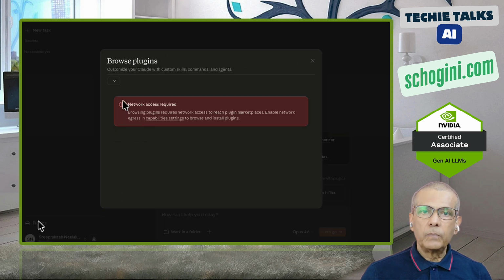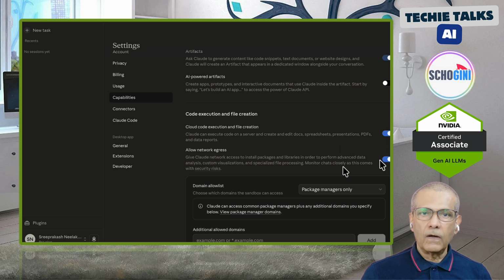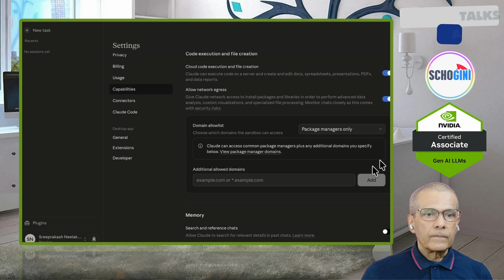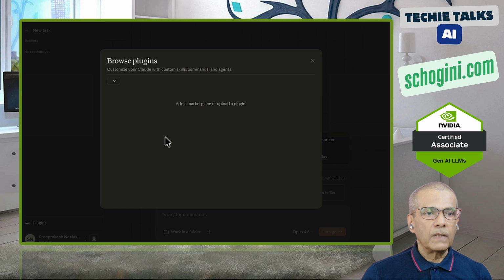When you click on plugins the first time, it will say network access required. You need to come to settings and capabilities and allow network egress. Just make it on, and then come back to browse plugins. It'll say add marketplace or upload a plugin. And when you click on the drop down,